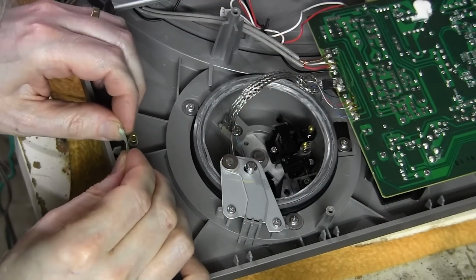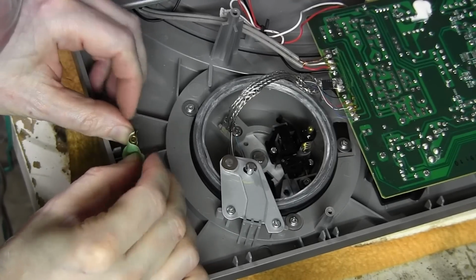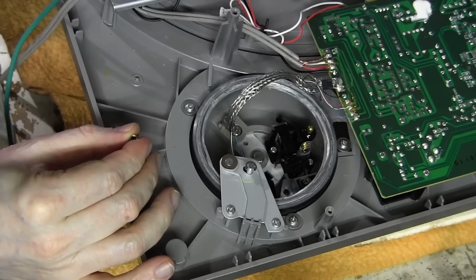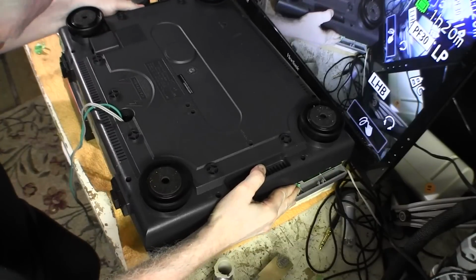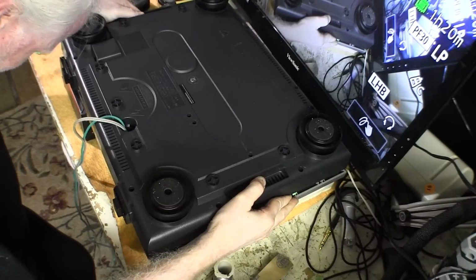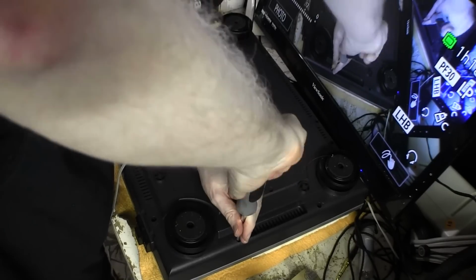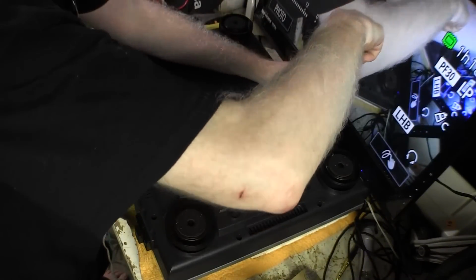Okay, I'm cheating. I can't trust that when I put this bottom on, one of these isn't going to fall off, and I would never know. So I'm taping them on. That's a great idea. Alright, I'm going to warn you, it took a few tries to get this bottom on, even with tape on the spacers. And I'm ready to hook this up